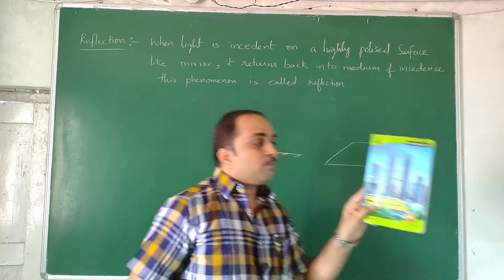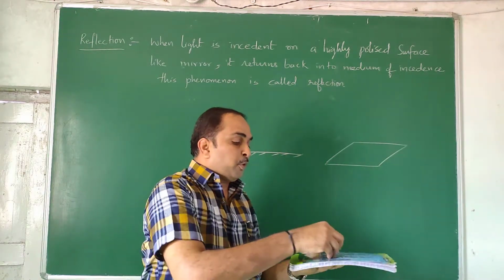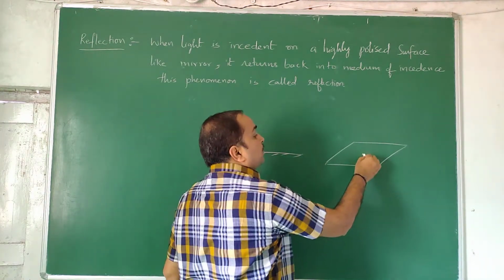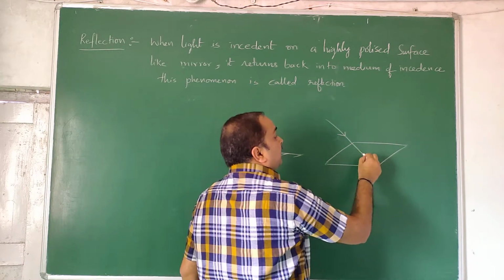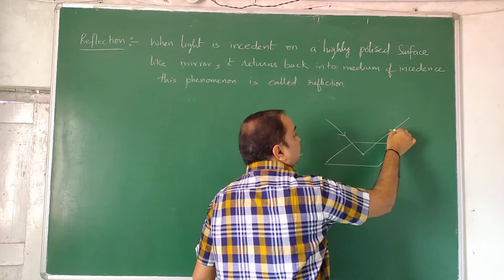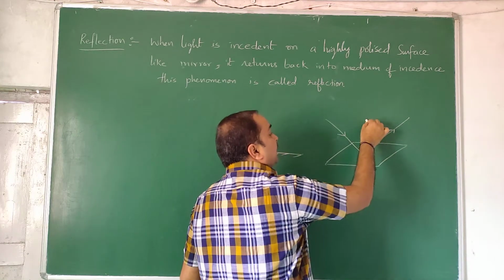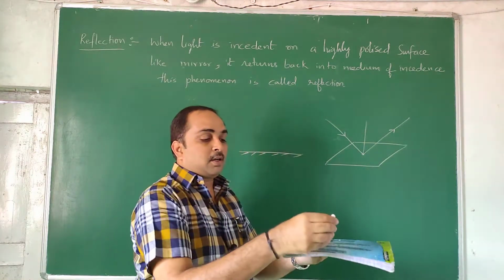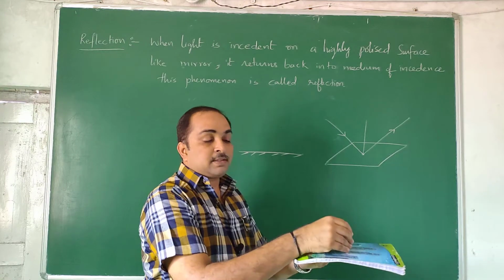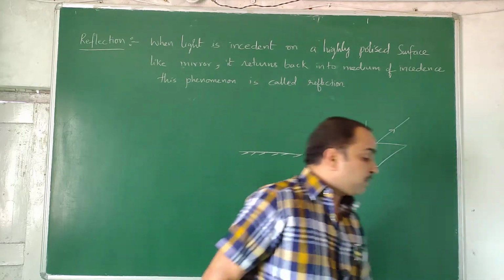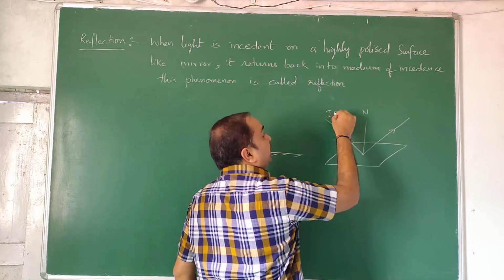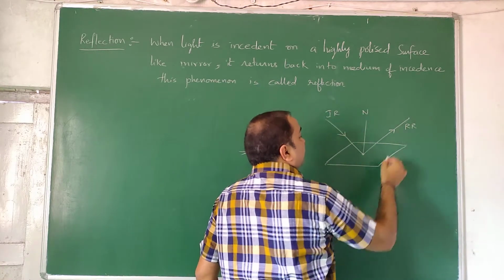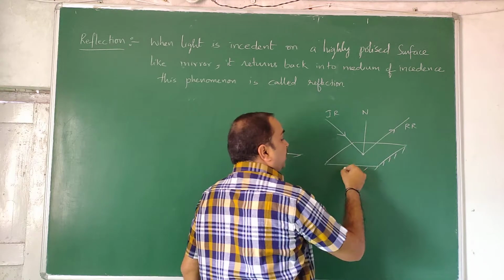There is a mirror and it is like this, and we put one point dot in that, and incident the laser beam light like this straight, then this light ray will go away like this. If you draw a normal like this, need not be here. This is a normal, perpendicular to the overall plane, is called normal. So if this is a normal, this will be the incident ray, this will be the reflected ray, and this is the mirror, a highly polished surface.